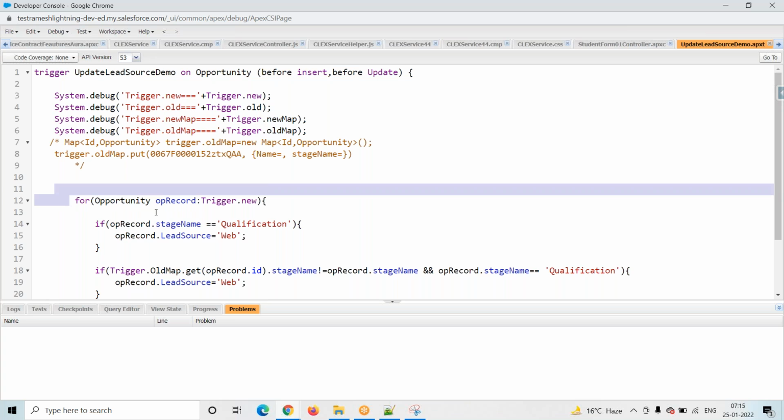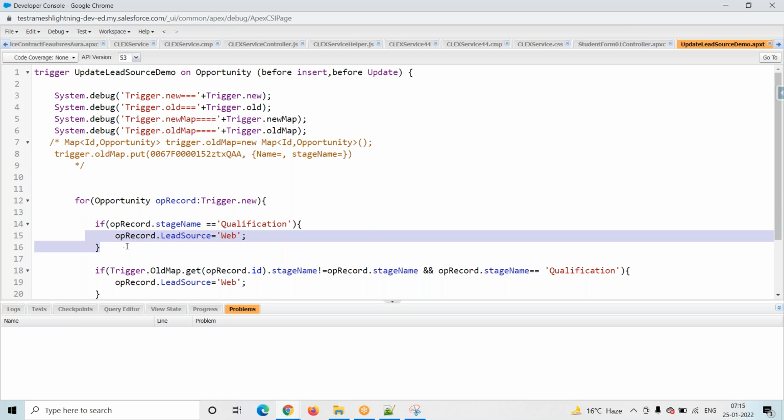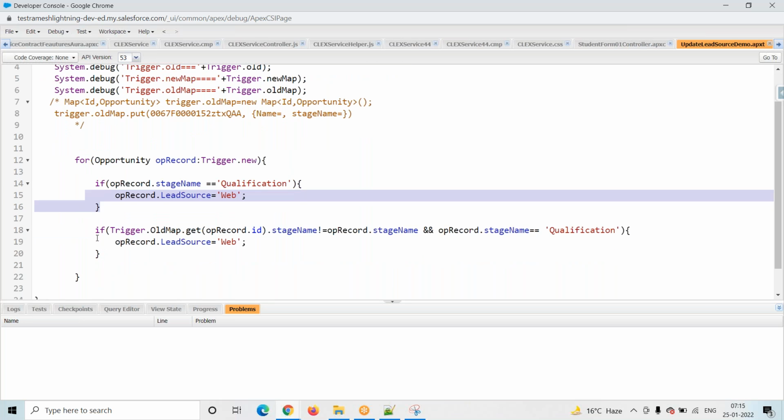Yes, this line it will execute, this line it will execute, and this line it will execute. Now coming into here, see here, on this line the system is displaying an error message. Why is it displaying an error message, boss? You are using trigger dot old map. Old map is nothing but it will give the data in the ID and the associated record format.